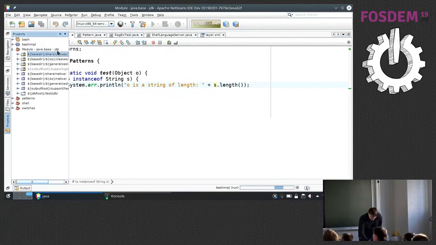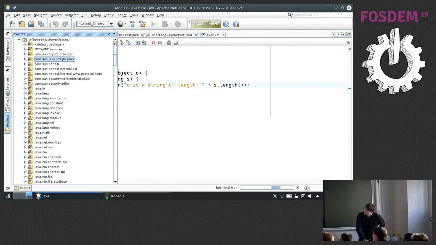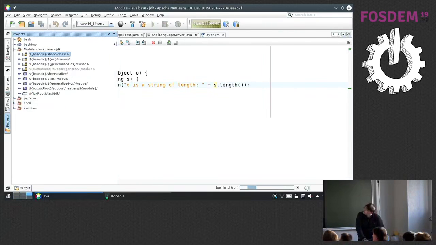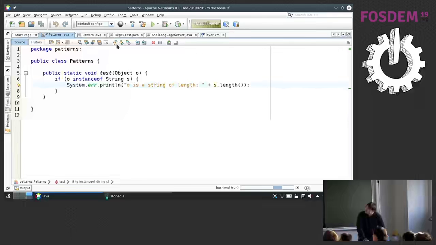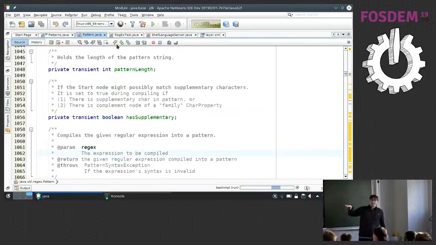Let me try to make this bigger. You can browse the source code. This is the regex Pattern class. This is reasonably cool for me because I can work on these sources without anything else.